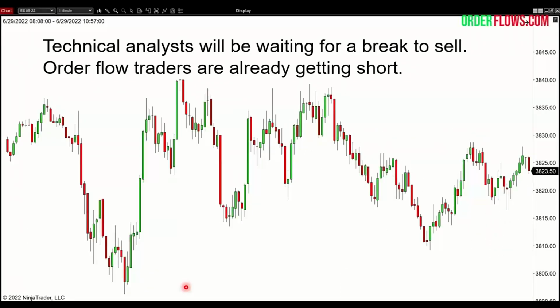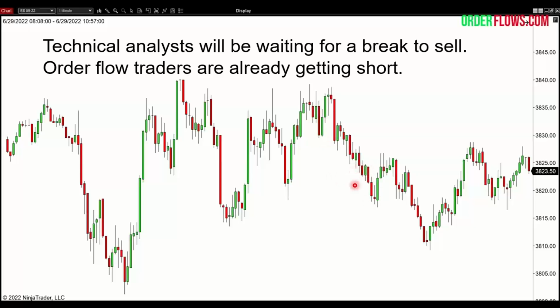So technical analysts will be waiting for a break to sell, right? They'll be drawing their trend line from here. Oh, look at this. It's holding this nicely. And there's nothing wrong with drawing a trend line from here, connecting these dots, coming up here. But by the time you sell here, the time to be selling is up here as it's happening, right? You could see what's happening in the order flow to be getting short somewhere up here rather than down here,